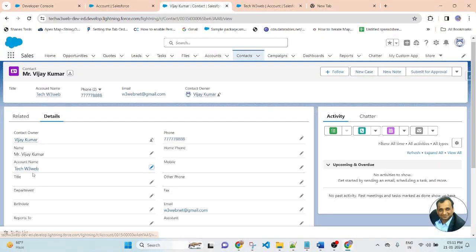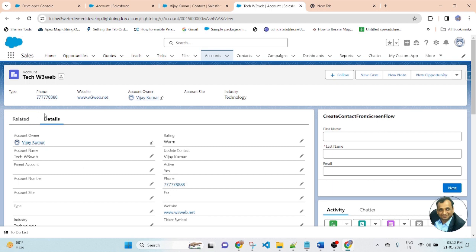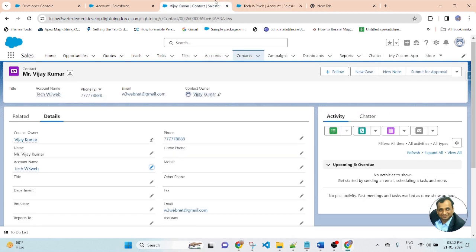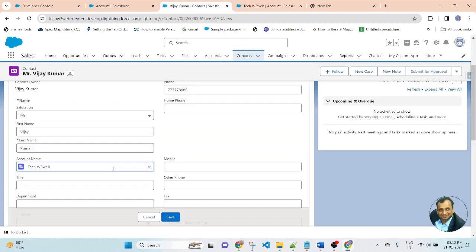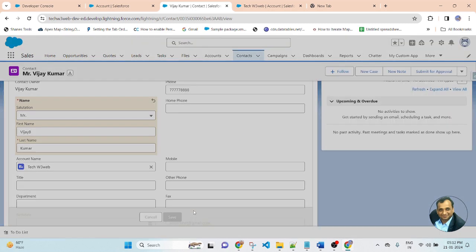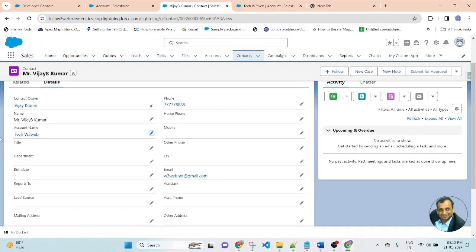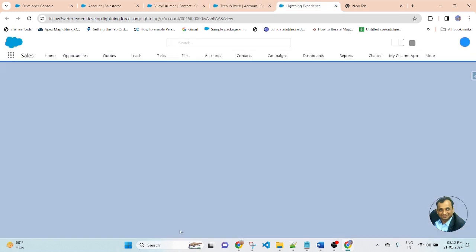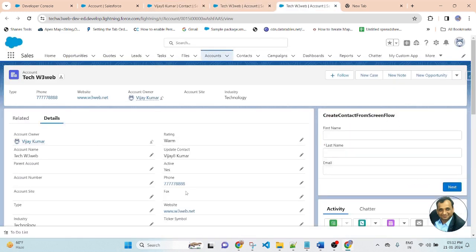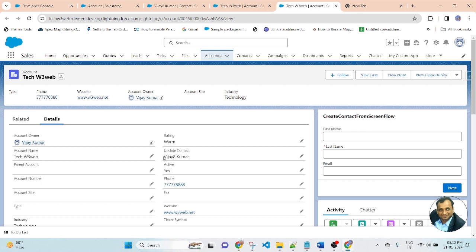I open this associated account in the next tab, and this contact first name and last name are automatically populated here. If I update a new value of the contact, suppose Vijay 8, and update the record, then opening the associated account, you can see the updated value automatically populated to the custom field on account.